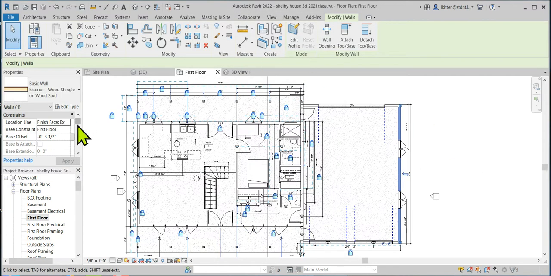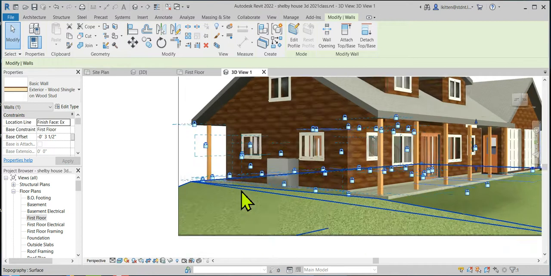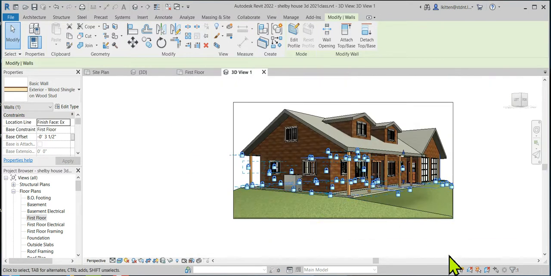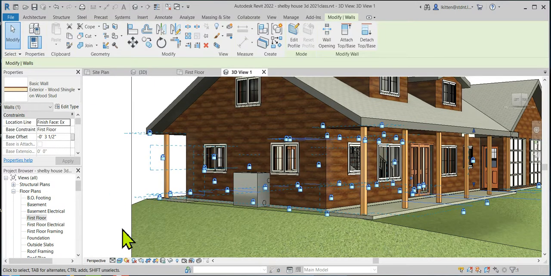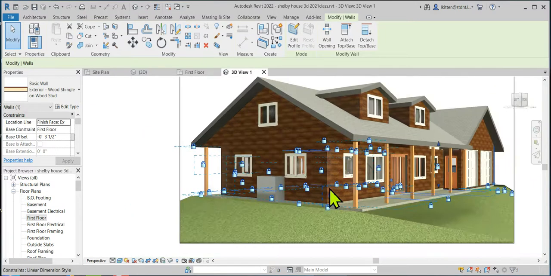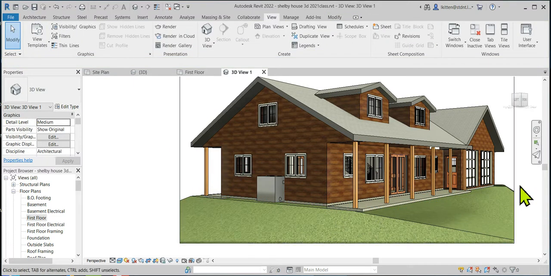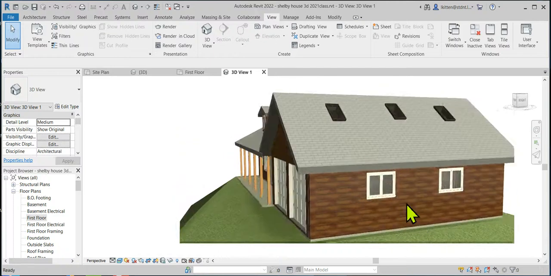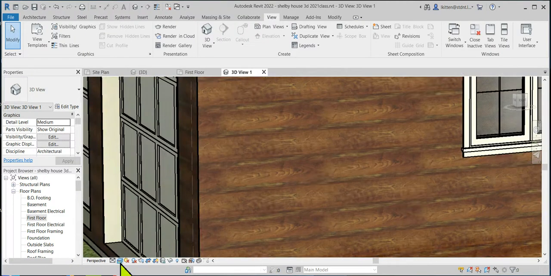All right, now if you want to see what it looks like, go to your 3D view that we just created. I've got all these darn arrows showing up. Why are all those showing up now? I'm not sure why all my locked surfaces decided to show up. There they went away. All right, so you can kind of see the glossy. It looks more like a log cabin. I don't know, the glossy doesn't look quite as good, but